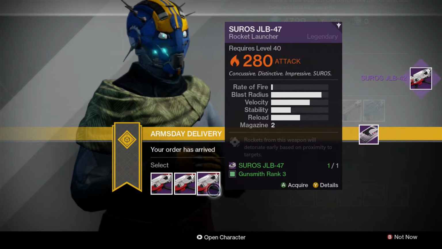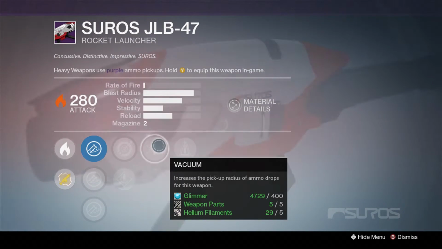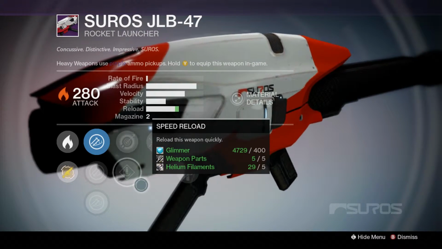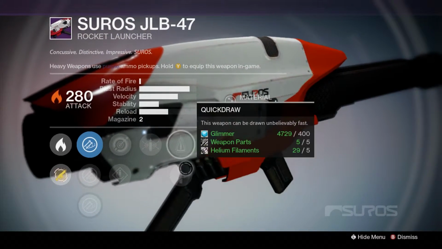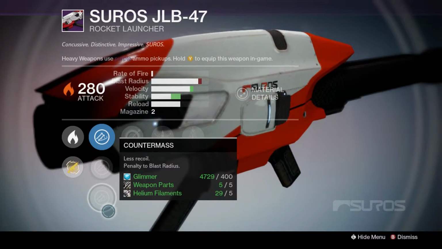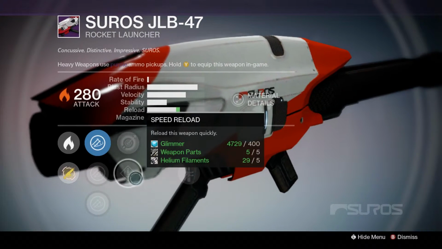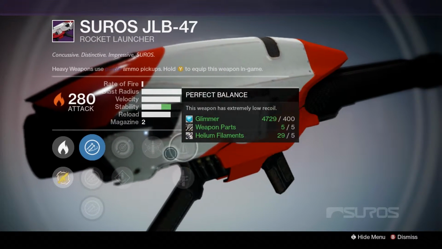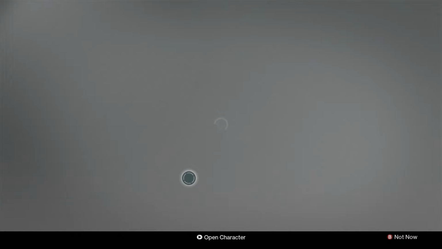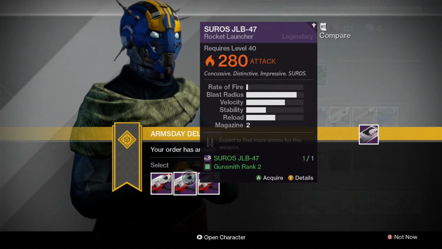Alright, now on the JLB 47, we're going to start with the rank 1 roll. We got vacuum, perfect balance, quick draw, single point sling, speed reload. Then we got linear compensator and counter mass. Stability is going to be an interesting thing. This one can push for a lot of stability. But again, I'm not seeing the point in stability on a rocket launcher. I mean, it's nice to have some stability, but it's not supposed to be...